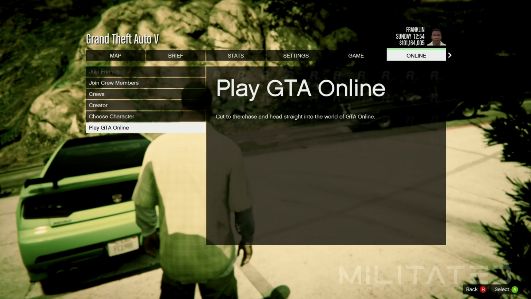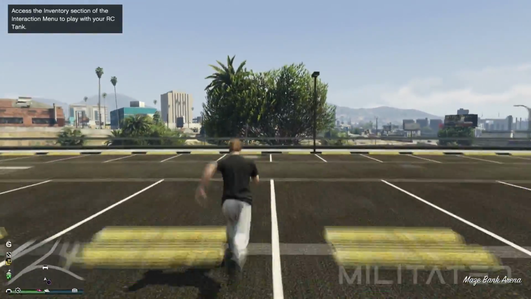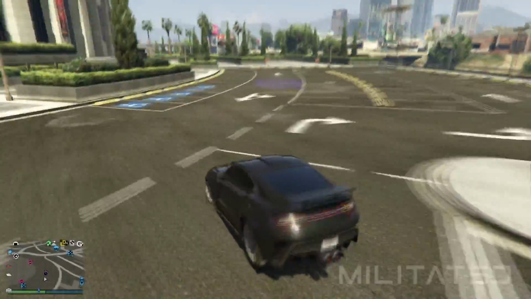For this part I would recommend going into an invite only session just because it loads up a little bit faster. Assuming you set your spawn location to last location, you should spawn right next to the time trial. We now just need to retrieve our car and we're going to drive up to it, but do not go